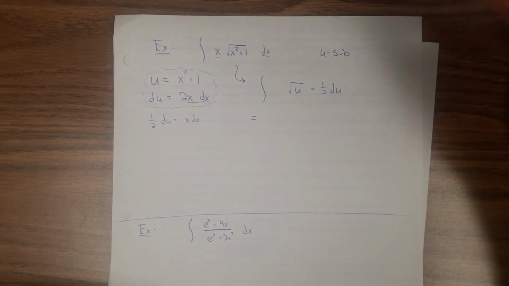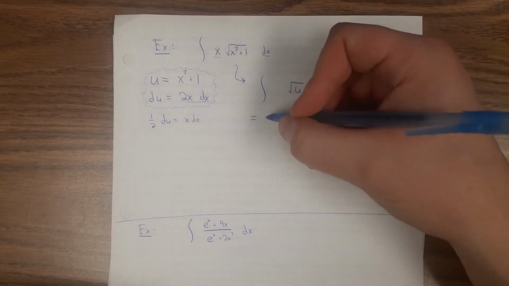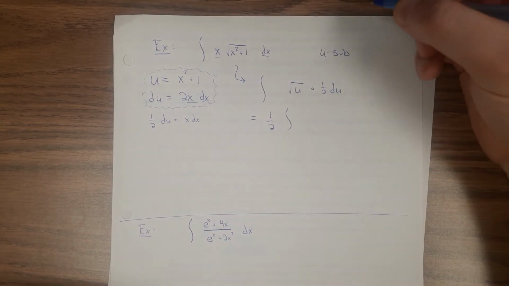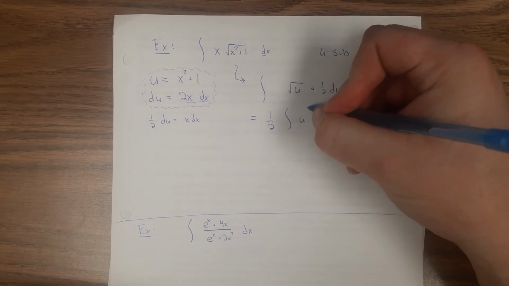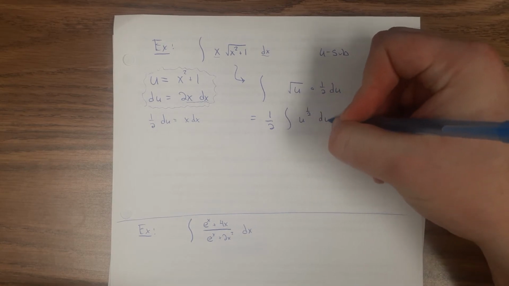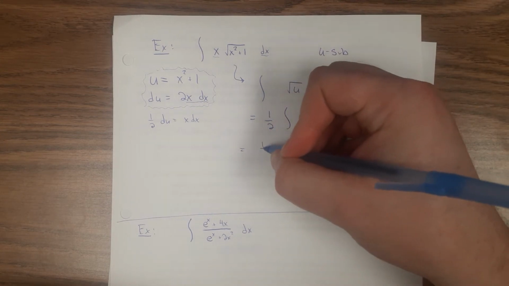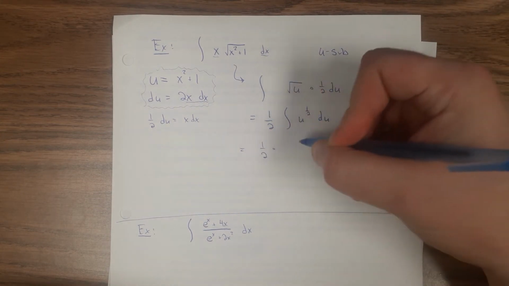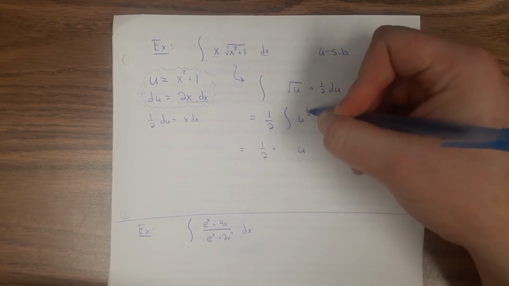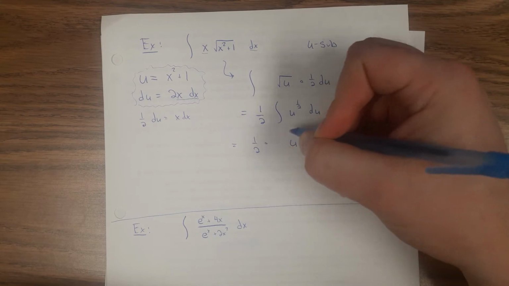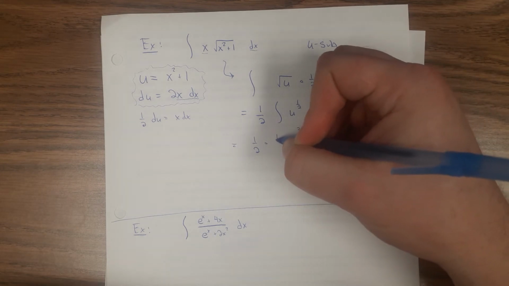Okay, so I can pull the 1/2 outside. And of course, since I'm doing calculus, I prefer a 1/2 power instead of a square root. And so this is 1/2 times, and I'm adding 1 to the power, so 3/2, and then I would divide by 3/2,